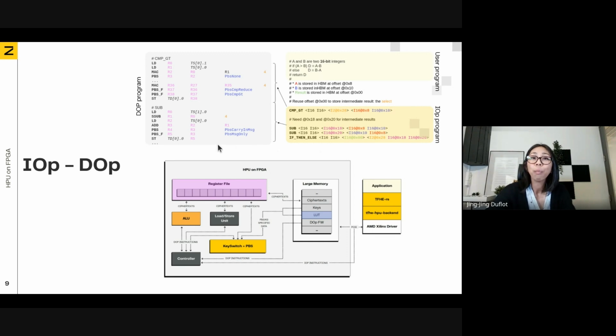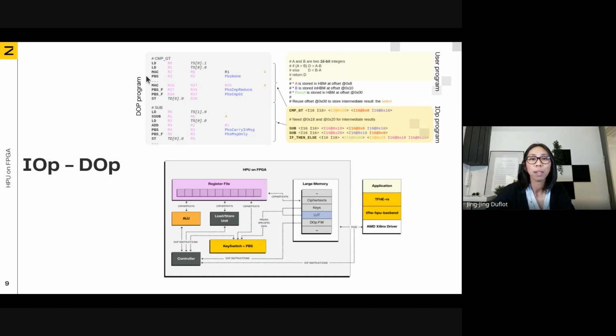For those who are familiar with it, my answer is yes, the DIOP program is an assembly code. You recognize it by its form. So we have a command, and the operands are either a register or a location in memory. For some commands, we also have some extra information. So to convince you, you will see that we have, for example, the load command, loading from the memory into a register, the store command, storing from a register into the memory. We have some linear operations, addition, scalar subtraction, multiplication with an accumulator,